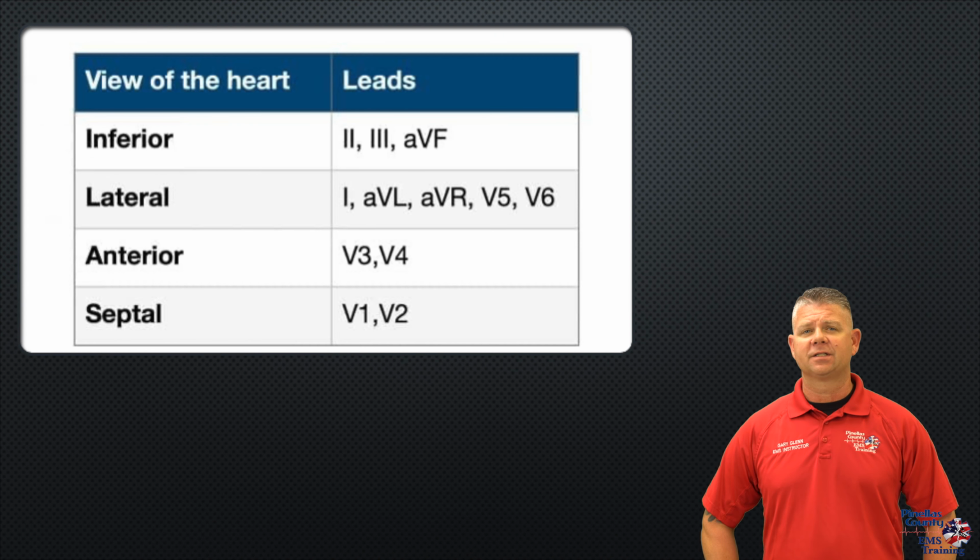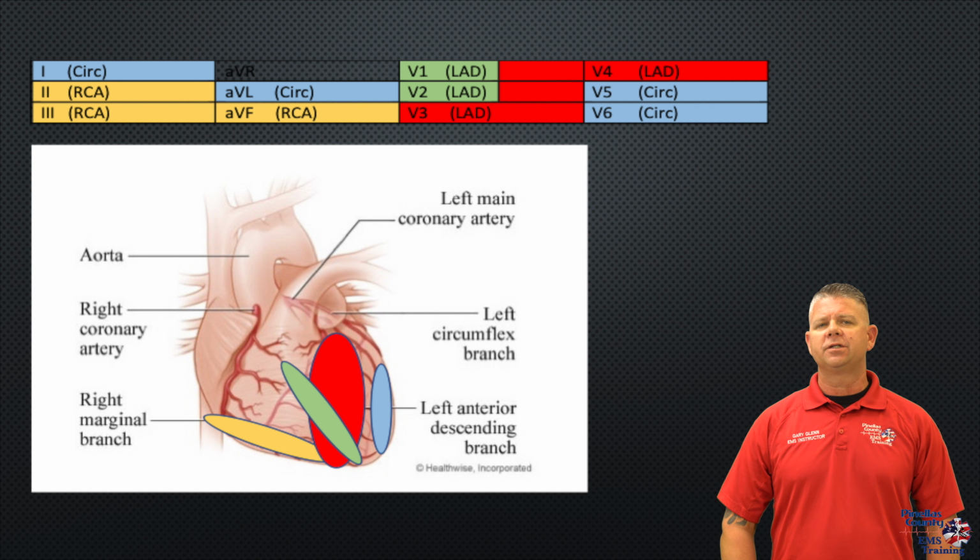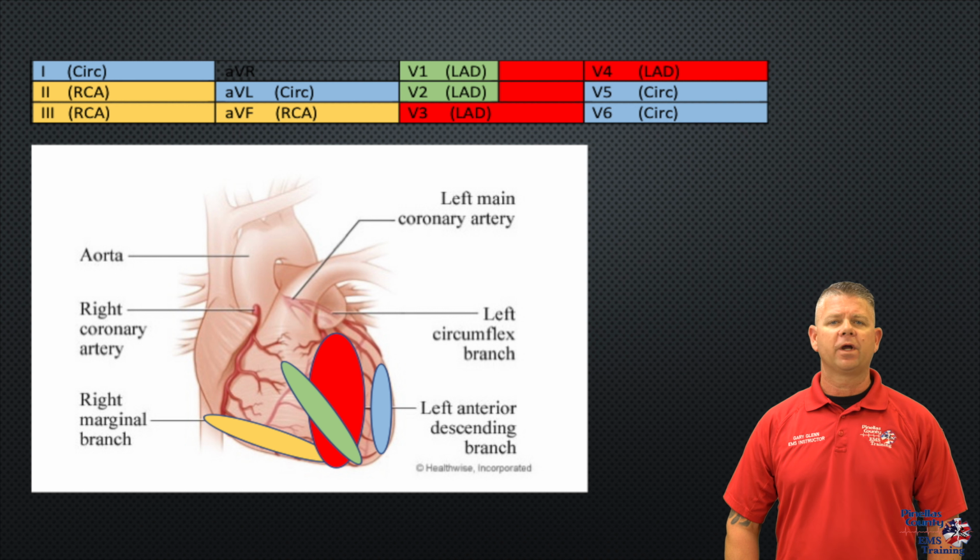This chart represents the views of the heart from each lead. For instance, V1 and V2 view the septum, V3 and V4 view the anterior of the heart, and V5 and V6 view lateral. Okay, so as you can see in this picture, this color representation of the leads of the 12 lead are associated with the coronary arteries that could be affected. This is a really interesting